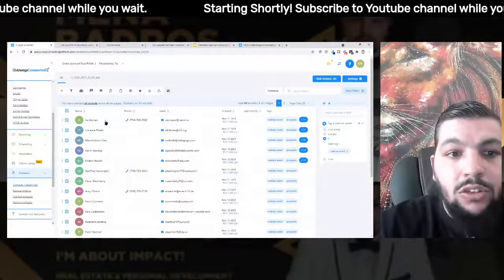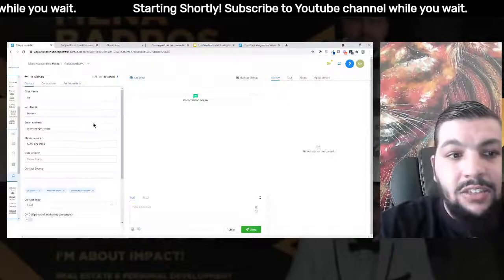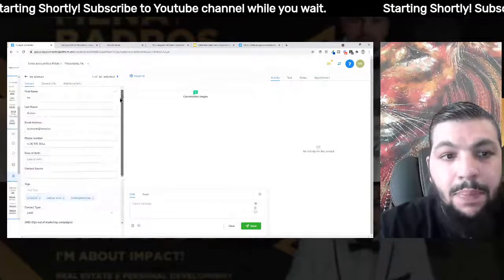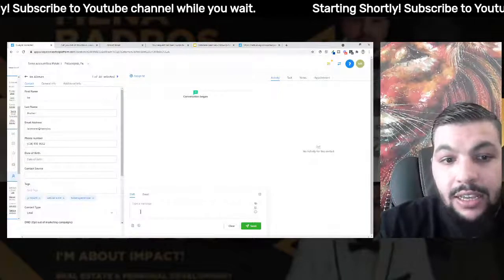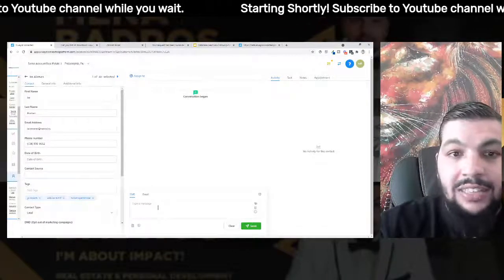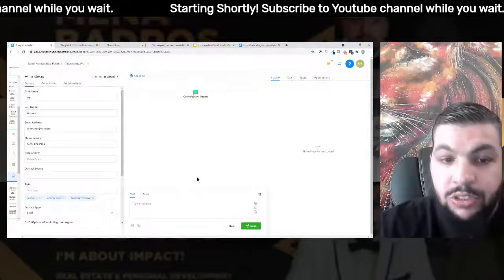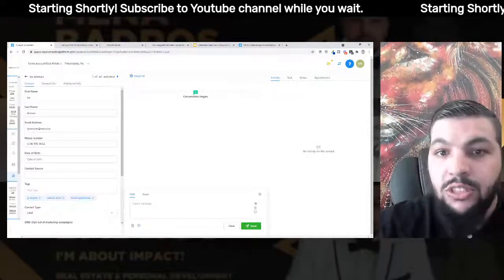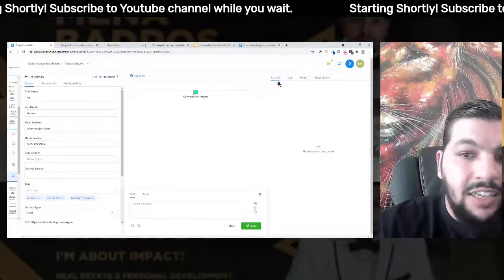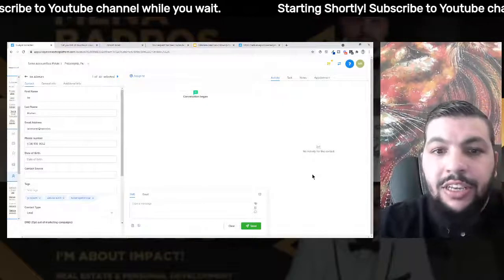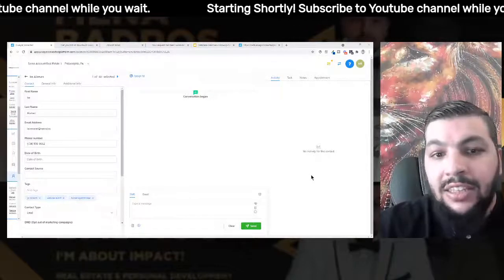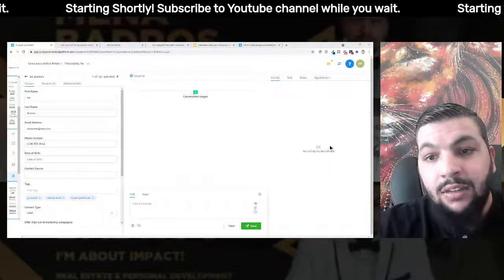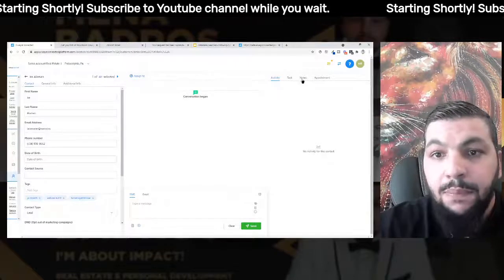All right. You can also go into any of the contacts right here, and you'll see the contact information on the left. Okay. From here, you can send a text or an email to that specific contact. If you had a conversation with this person, all of these conversations will be stored right here. Any activity that this person did will be stored right here. So let's say you have a home seller guide that you're offering on your website and someone goes and fills out the form and downloads it, that's going to be filled right here.